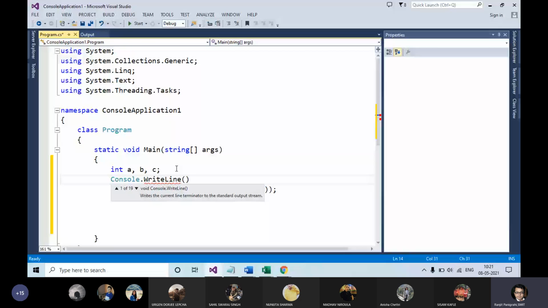So I'm asking the user to enter a number. Then I'm taking a number from the user. Similarly, I'm taking another number from the user.